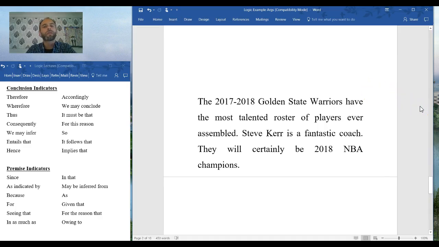All right, so we saw that the first statement doesn't make sense as a conclusion, so it's probably going to be a premise, right? So if it's not going to be the first statement, the most logical place for the conclusion to be is the last statement. So let's try that as the conclusion. So we'll write in some indicator words again. Since the 2017-2018 Golden State Warriors have the most talented roster of players ever assembled, and Steve Kerr is a fantastic coach, therefore,